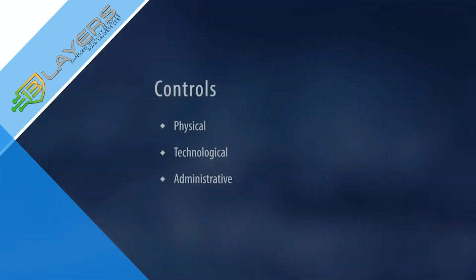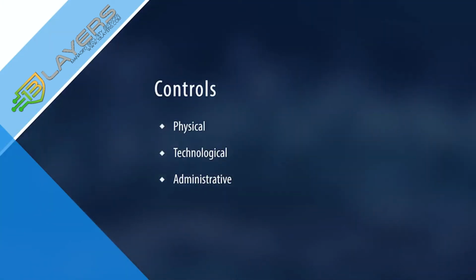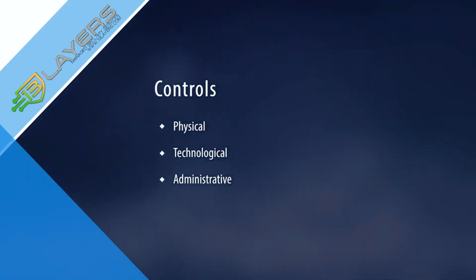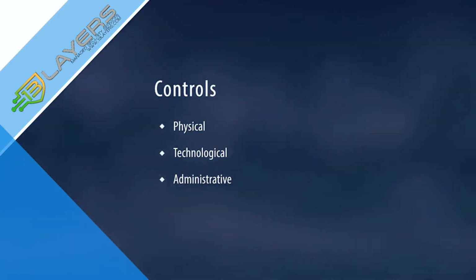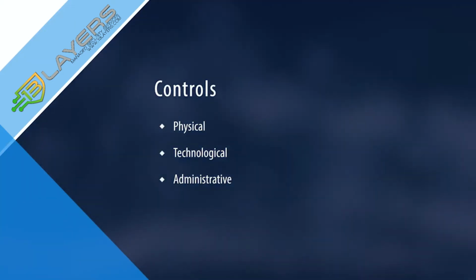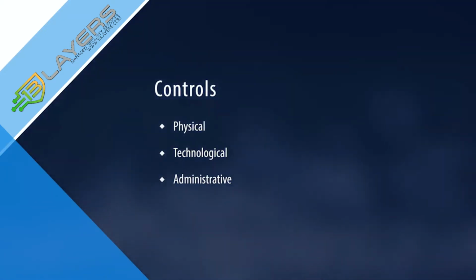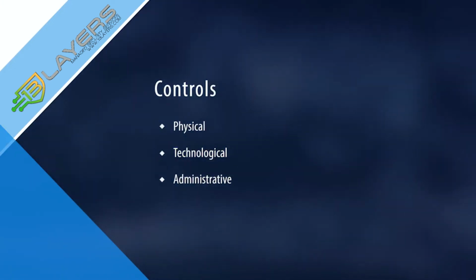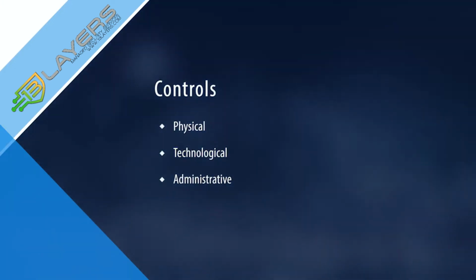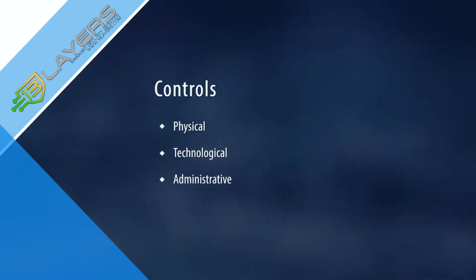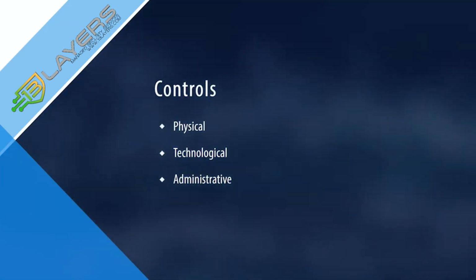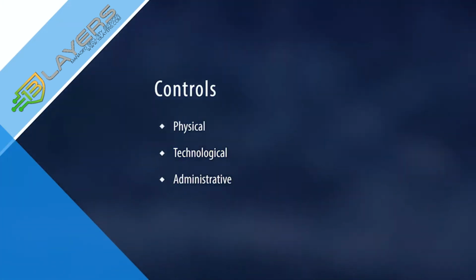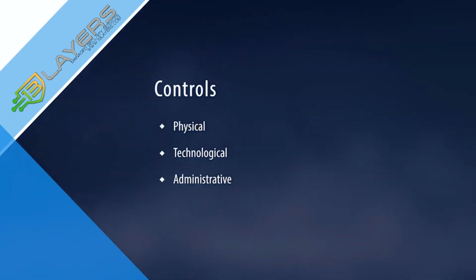An organization implements controls in an attempt to minimize the possibility of a negative impact from the threat. Controls can be categorized as physical, technical, or administrative. Physical controls are items related to the physical environment, such as doors, locks, fire suppression, etc. Technical controls are items such as antivirus software, firewalls, etc. Administrative controls are items such as formal and informal policies and procedures, including codes of conduct, acceptable use policies, and non-disclosure agreements.